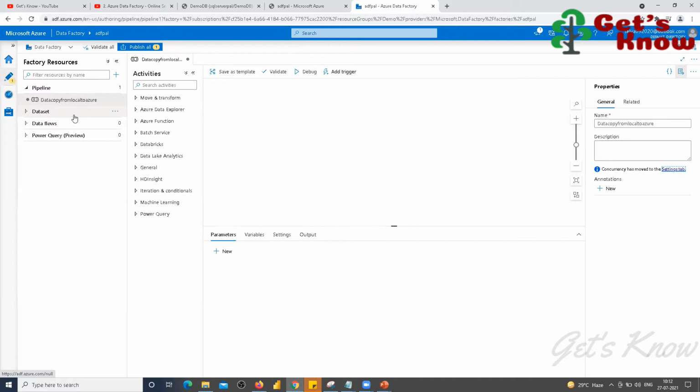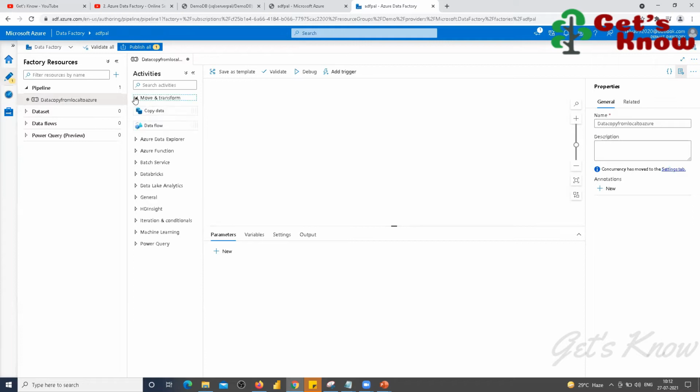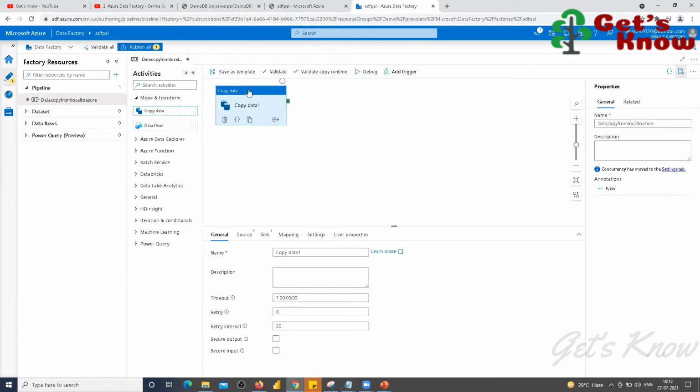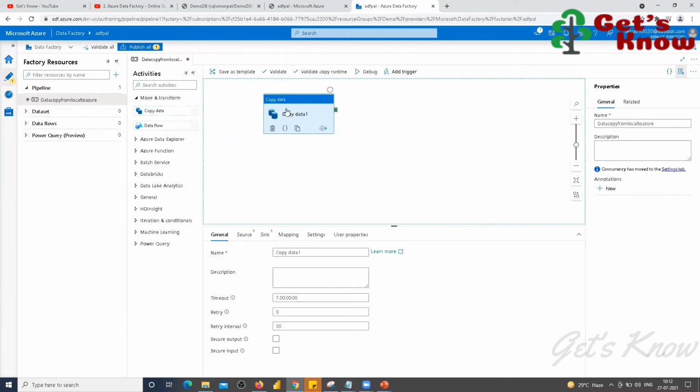This scenario comes under data movement, so under Move and Transform, the activities are available. This is the Copy Data activity for moving data from one source to another destination. I'm just going to move this data from one place to another, so I'm taking Copy Data.